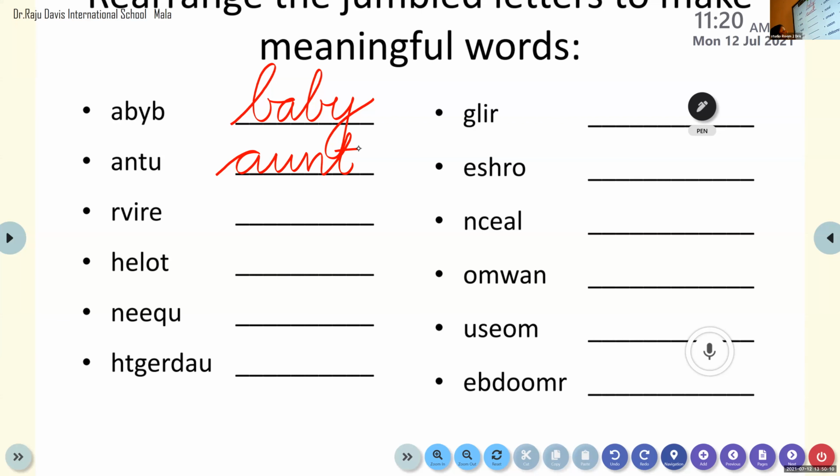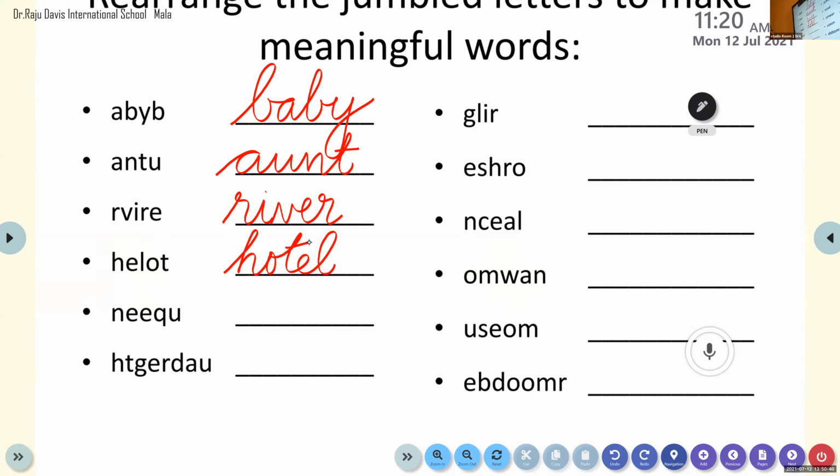The third word is river. It is a 2-syllable word. So you sound it out, separate the syllables and you write it. That is ri-ver. Break the word into syllables. Ri means R-I, then V-E-R, it is ver. This is also a 2-syllable word. It is hotel.